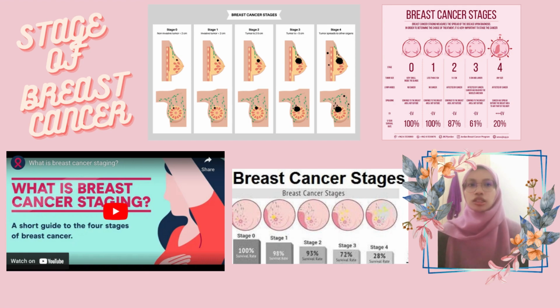It means when there are cancerous cells found in nearby breast tissue, it indicates that the cancer has invaded beyond its original location and has spread to surrounding tissue within the breast. This is referred to as invasive breast cancer. Invasive breast cancer is more serious than non-invasive or in situ breast cancer because it has the potential to spread